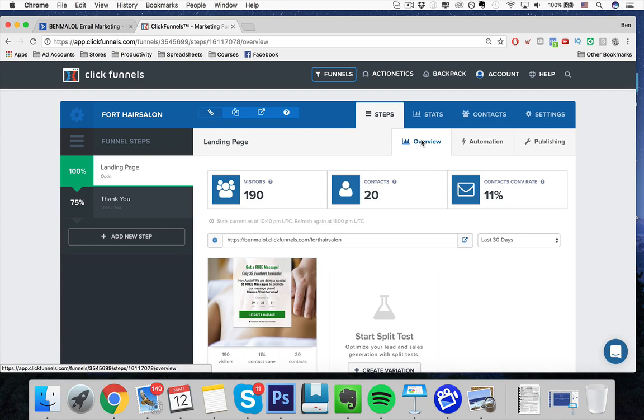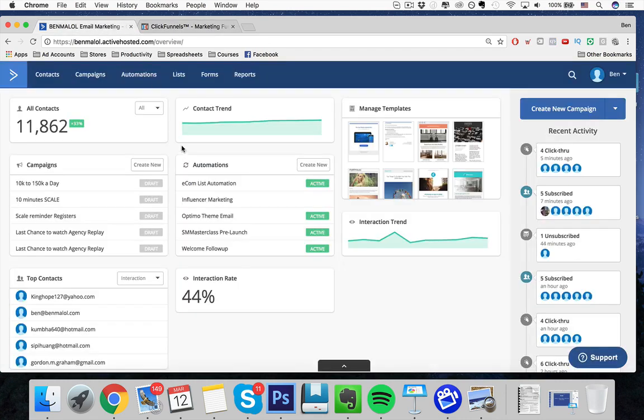But if you want to take this serious, then you need to have an email software on the side. Now, I'm not talking about something expensive here, and it's something that eventually pays for itself. Okay, any email marketing software will basically be good. Me personally, I use ActiveCampaign. Okay, you can use MailChimp, you can use Aweber, you can use whatever you want. I use ActiveCampaign because it's the best for the uses. It's best for automations, and just overall, it's really good, and it's not really expensive. It's pretty similar to the same price of other automations. It starts at about, I think, $50 a month, something like that,